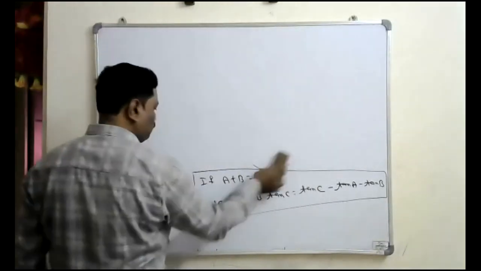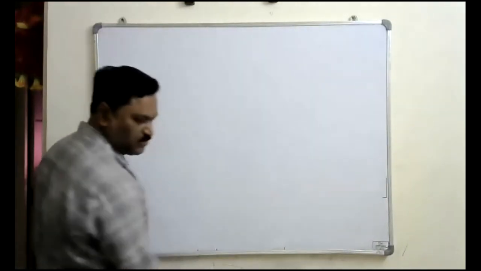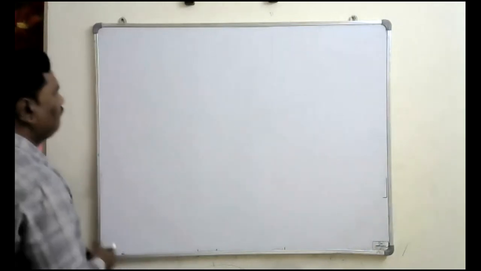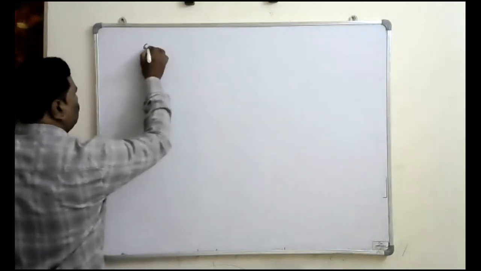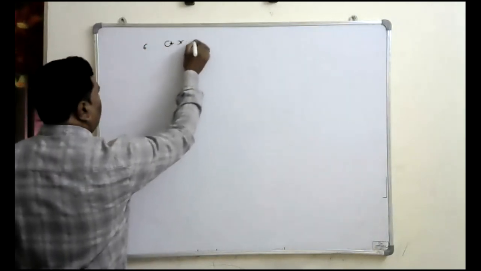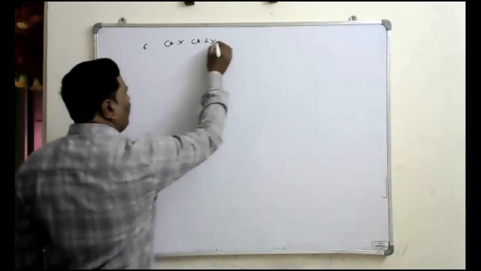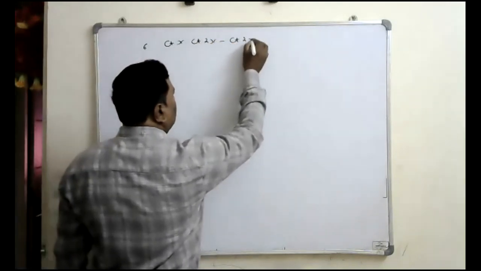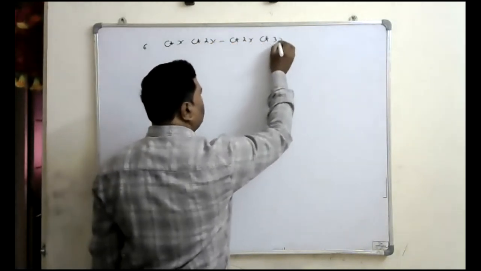The answer is one. 1. Okay. Cot x cot 2x minus cot 2x cot 3x minus